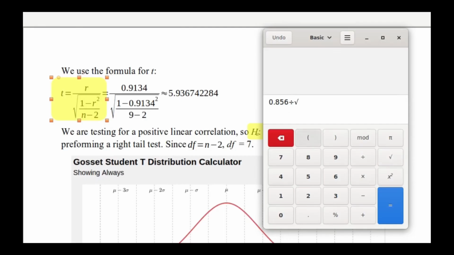We're going to open parentheses to keep everything inside the radical, and then more parentheses for the numerator. 1 minus 0.856, that 0.856 is squared. We're going to close parentheses for the numerator inside of the radical. We're then going to divide by n, which was 9, minus 2, and then close the radical itself, and that gives us t. I'm going to copy that,